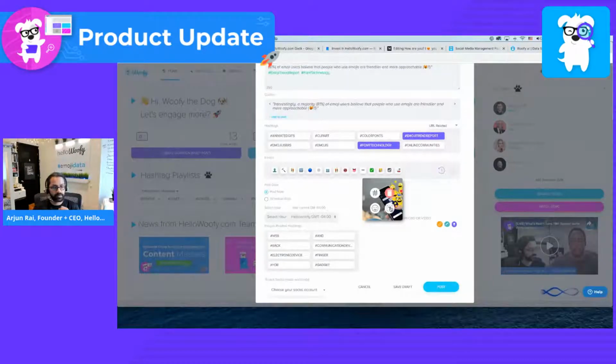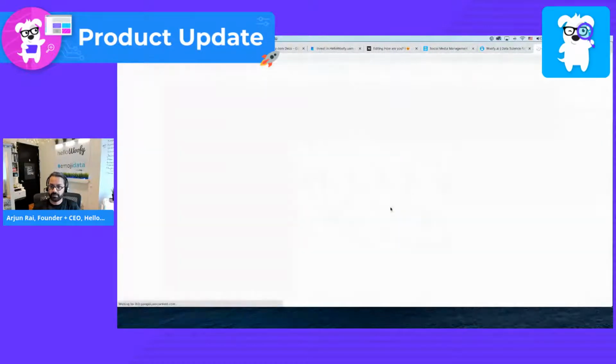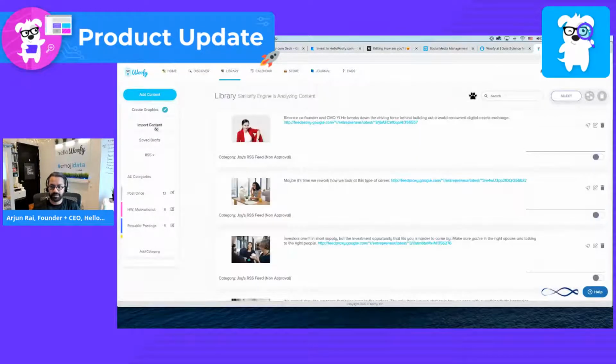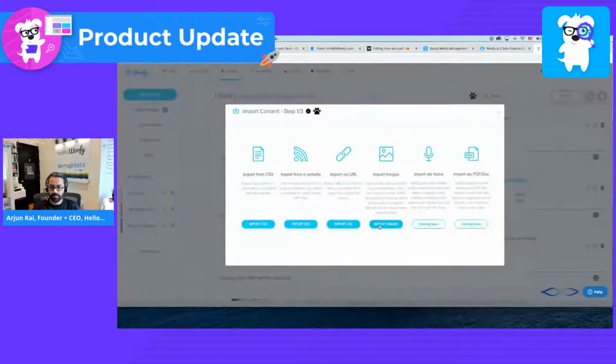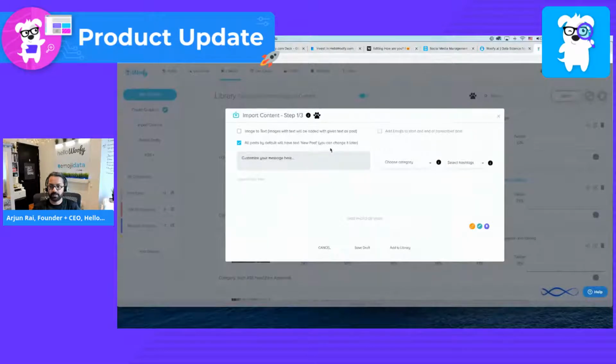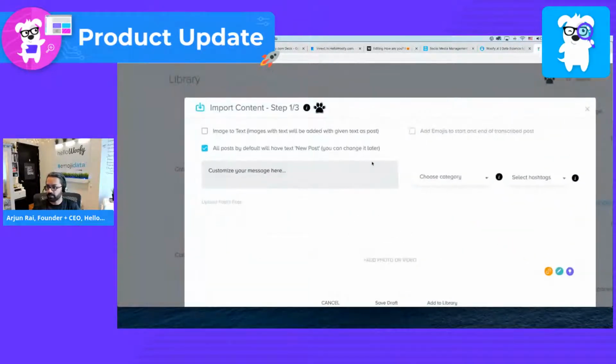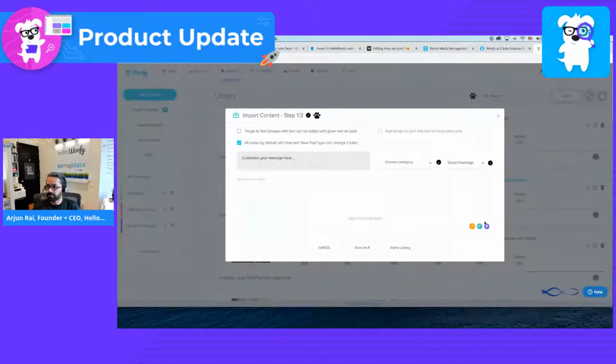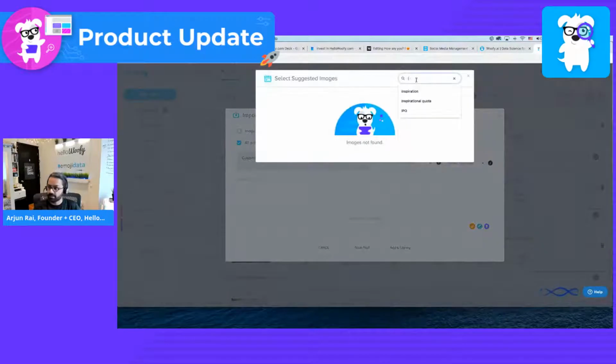Now, many of you may remember we have the ability, let's go to the library now, to import content using images and have the image be read. So, for example, if we want to go ahead and find images that are inspirational, let's say inspirational quote, there we go.